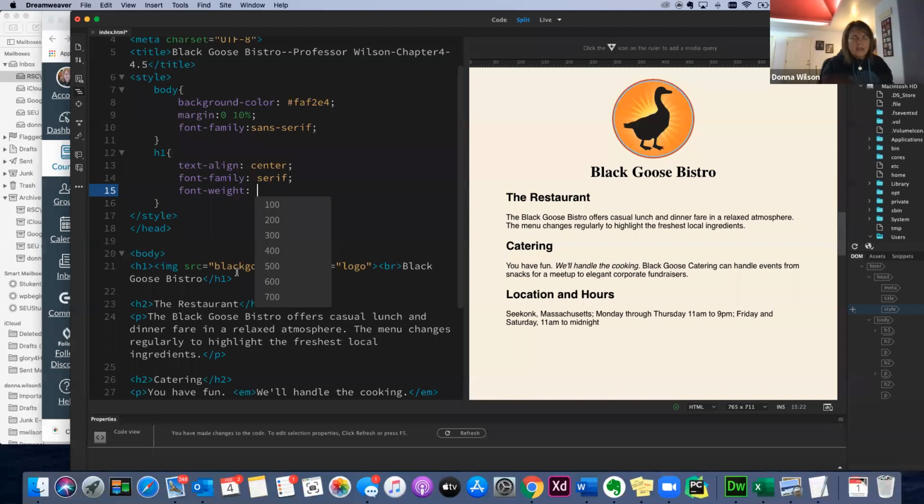Font weight, and that's how bold it is. So the higher the number, the more contrast you're going to see between the other text. So it tells me to use normal. You also see those down here. See normal. So it's saying use a normal weight